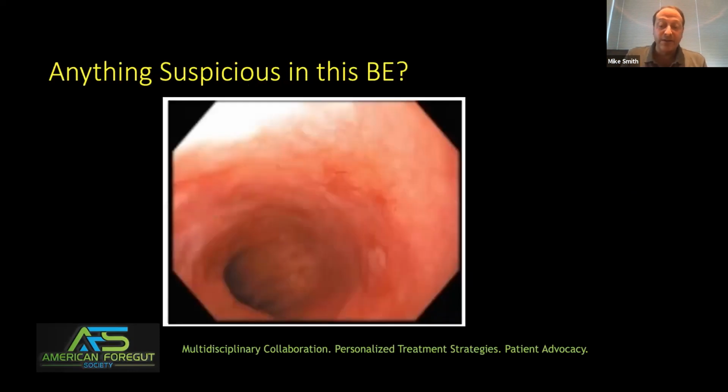So I'll leave this one for a second for you to look at. Is there anything suspicious in this segment of circumferential Barrett's? There is a squamous island, I will tell you, down there on the right-hand side, and it looks like a little bit of squamous tissue off in the left side as well. But for the most part, this is a pretty circumferential segment of Barrett's, and it's pretty easy to not see the